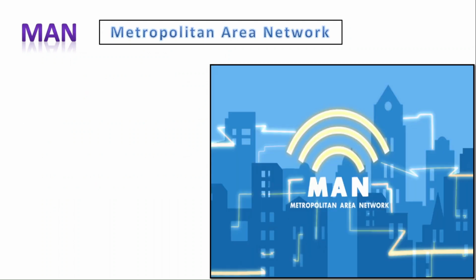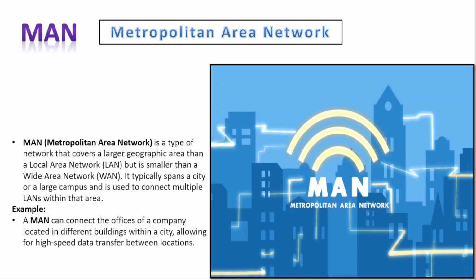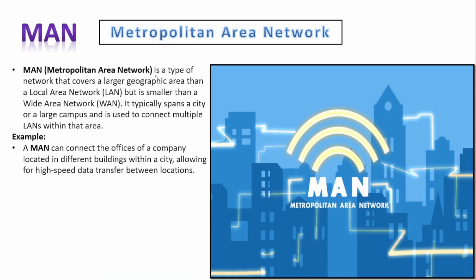MAN, that is Metropolitan Area Network. So MAN, Metropolitan Area Network, is a type of network that covers a larger geographic area than a local area network but is smaller than a wide area network. It typically spans a city or a large campus and is used to connect multiple LANs within that area. Example: a MAN can connect the offices of a company located in different buildings within a city, allowing for high-speed